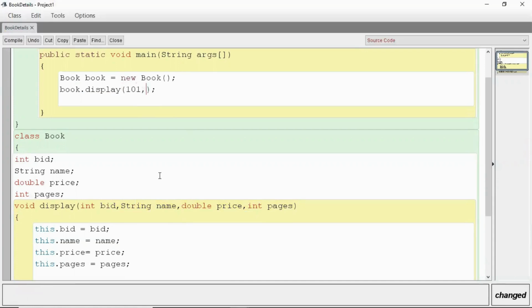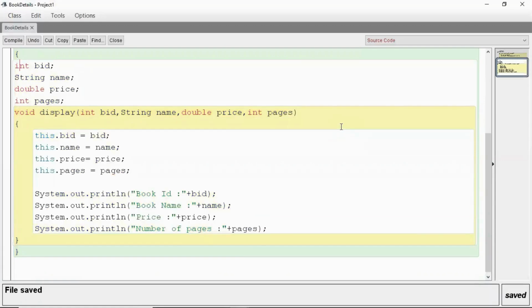So I'm taking an integer. The name is like Java programming, and the name is a string, so I have taken double quotes for a string. Then the price is a double, so I'm taking the price in decimal numbers. Then the number of pages, that is an integer I have taken.